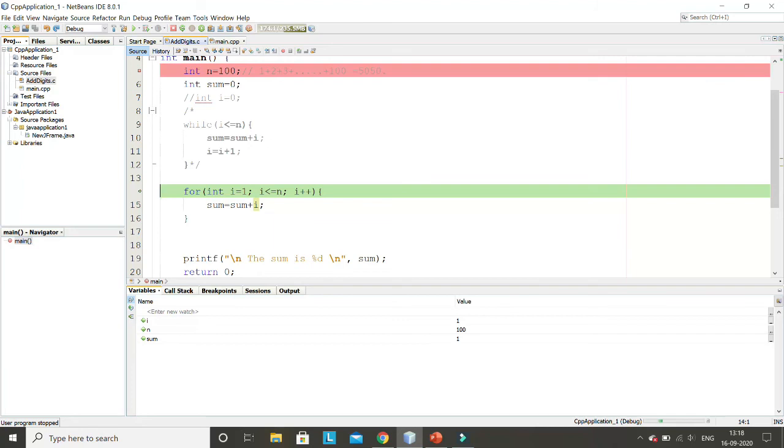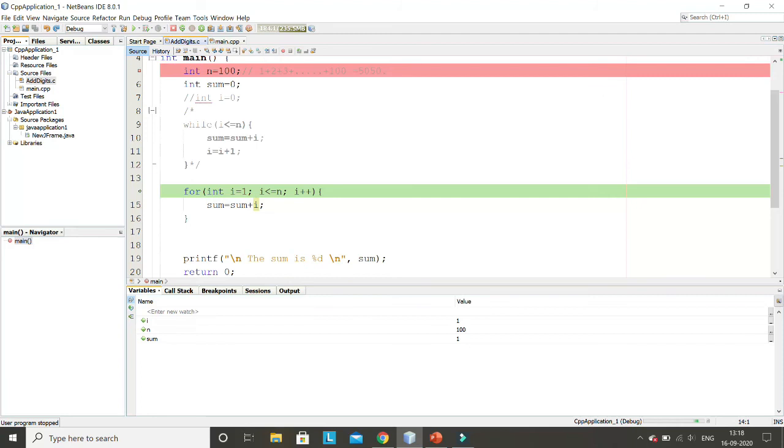So now this is the second time, not the first time. The second time when the control comes here, this initialization step will not execute. This executes only the first time. So from the second time when it comes here, first of all this I plus plus line will execute, which means I equal to I plus 1. So first of all the value of I will be incremented. What is the current value of I? The current value of I is 1. So the value of I will be I plus 1, that is, I will be 2.